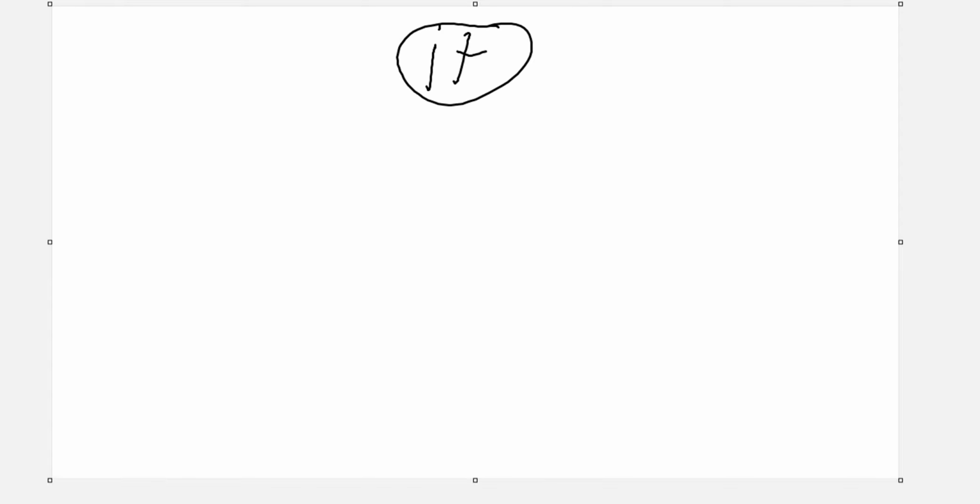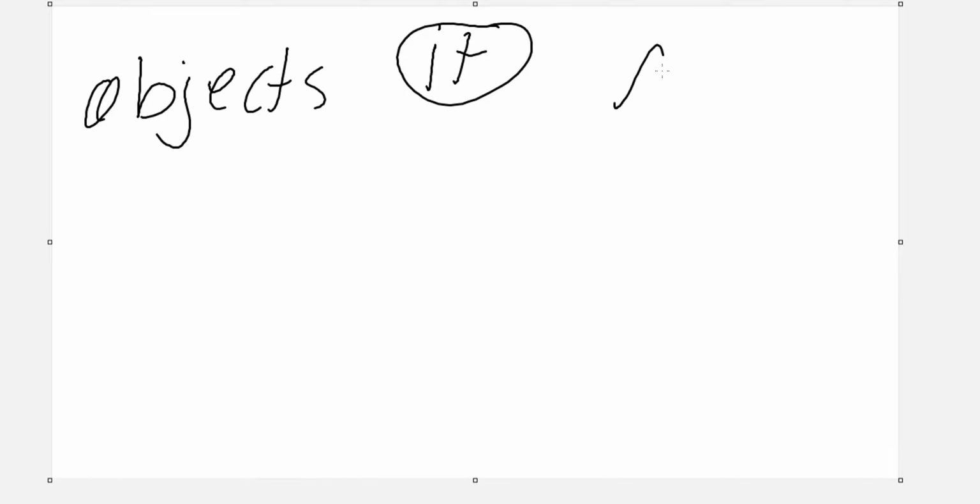It. Okay? Good. Now, when do we use it? We use it when we're talking about objects, okay? Objects or animals, animals, okay? So object like